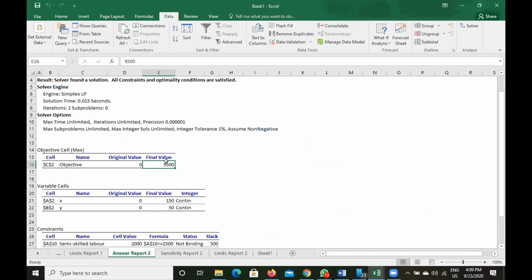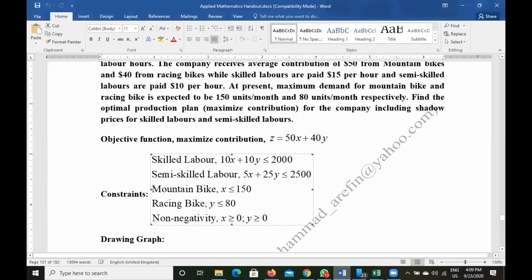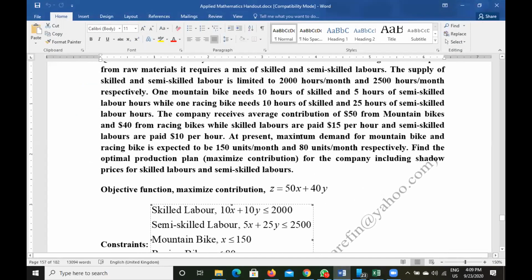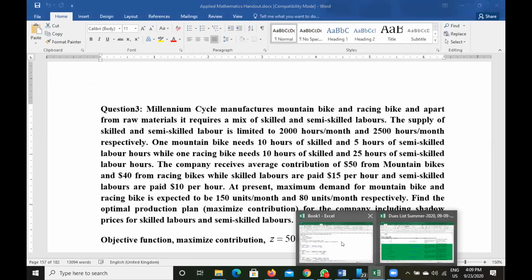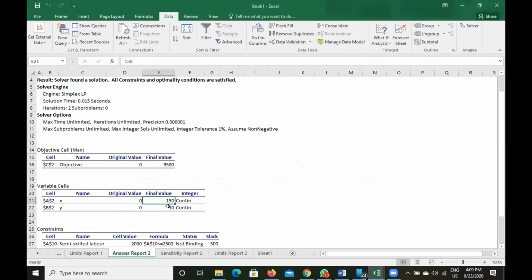To get this $9,500, we need to produce 150 mountain bikes, where x is the mountain bike, and 50 racing bikes per month.